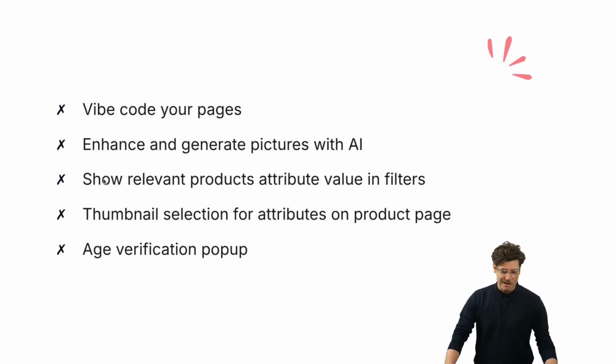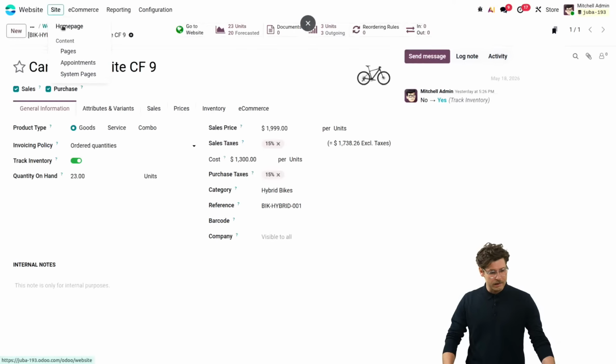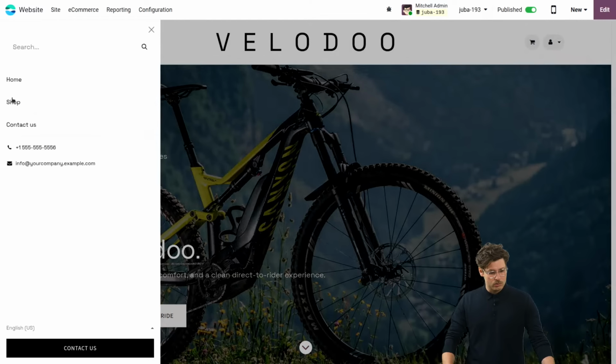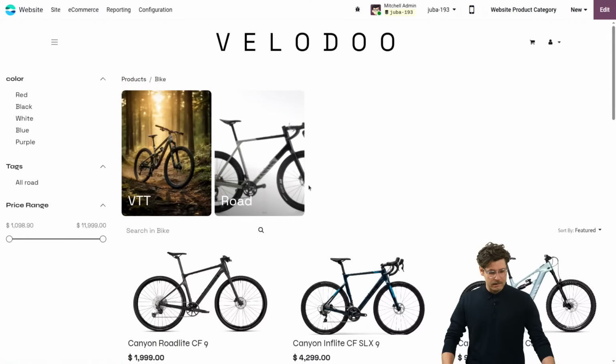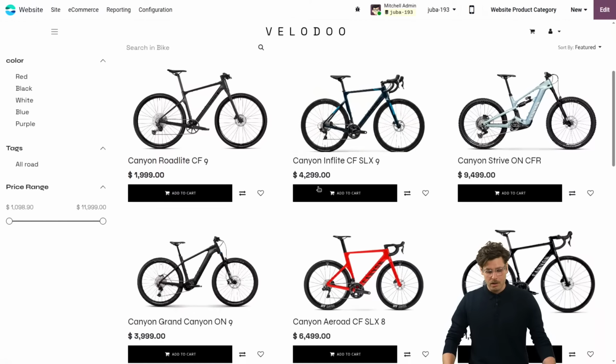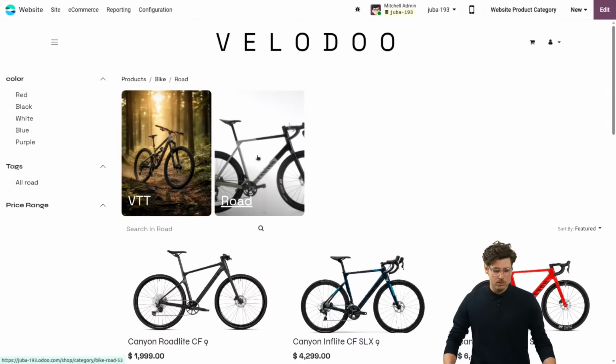So yeah, that was highly asked in the past, the show relevant product attribute value in filters. What is it? So let me go onto my websites. Let's say I go to my shop and maybe the bikes. I can see here that I have red, black, white, blue, and purple products on my page. If I now click on the roads,